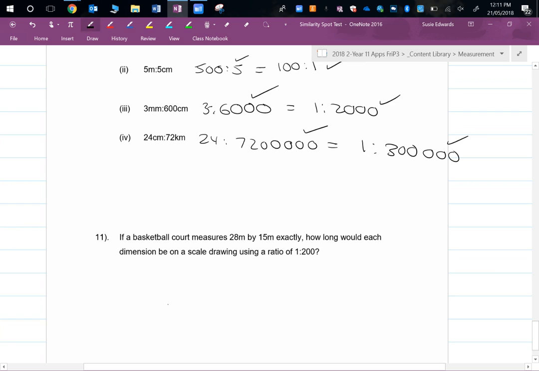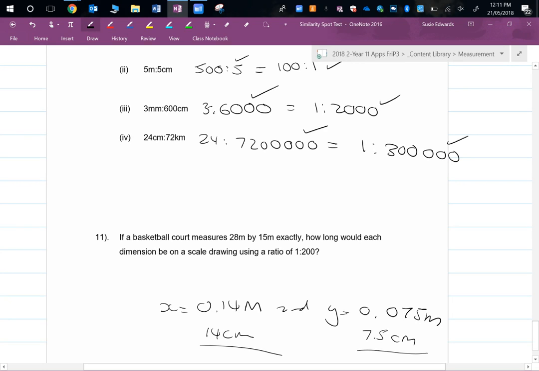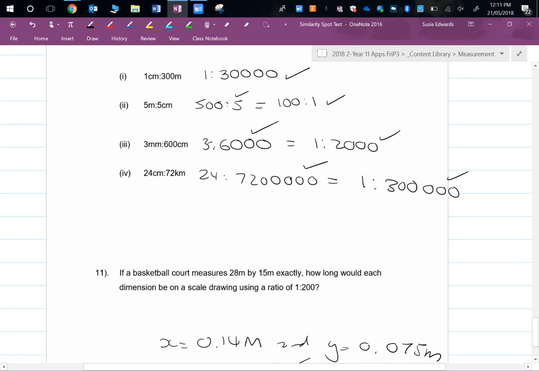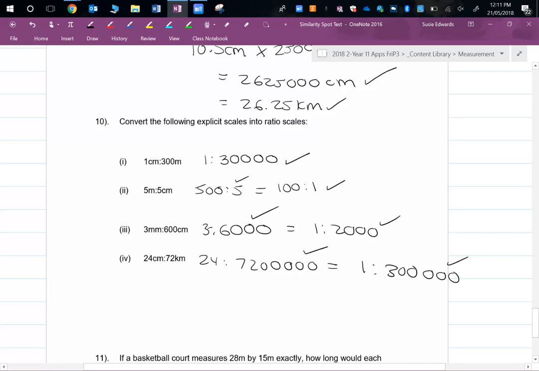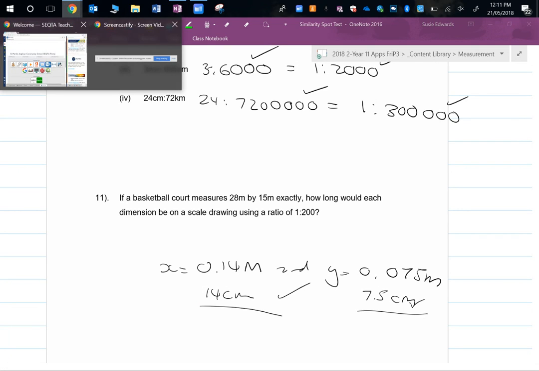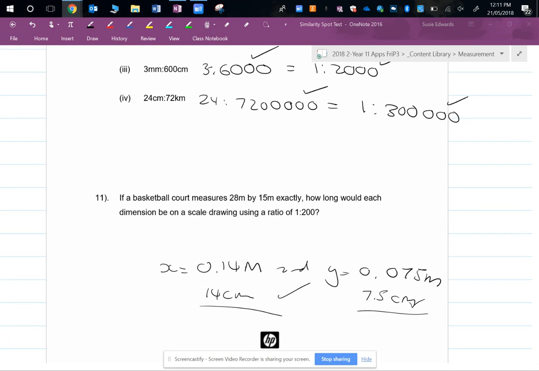And then your last question is x equals 0.14 metres. The working out is on the page. And y equals 0.075 metres. Or you could have written it as 14 centimetres to 7.5 centimetres. Have a look at the marks I'm going to give you. So 1 mark, 1 mark. That page is worth 2, 4, 6, 8, 9, 10, 11 marks. Could you give yourself a mark out of 40, or your partner a mark out of 42? I really, really need you